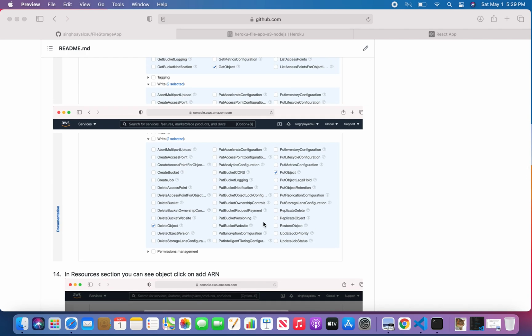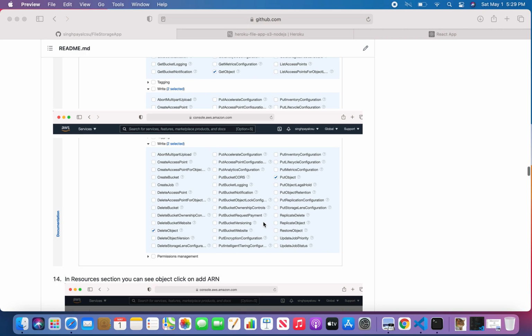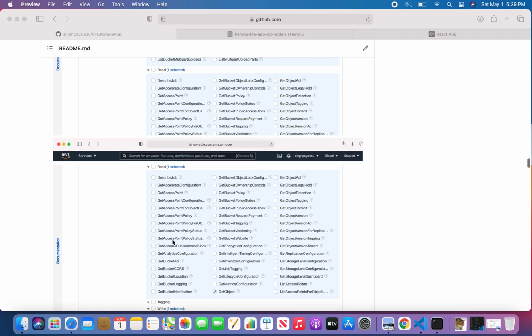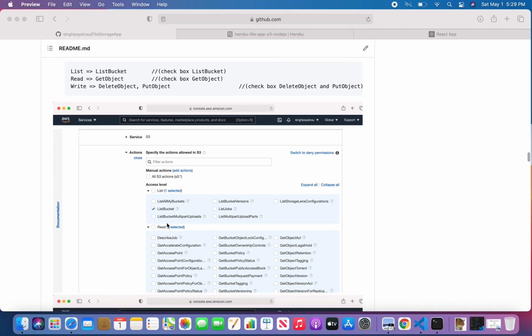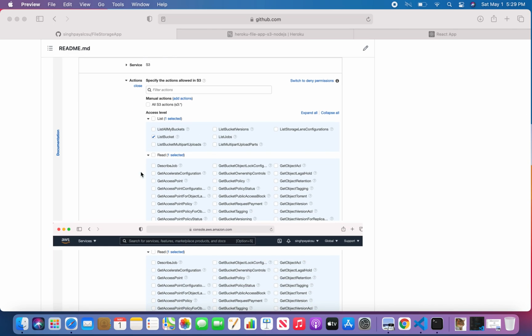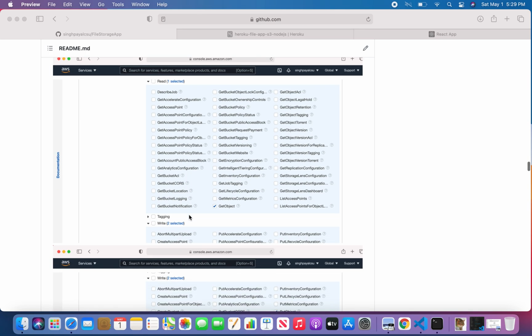So one question arises: why are we doing these things? Here we are defining what kind of operations can be performed on the objects of the S3 bucket. First we listed the list bucket, so as the name indicates, it will list the bucket. Then we want users to read the objects of the S3 bucket, so that's why we are using get object in the read part.